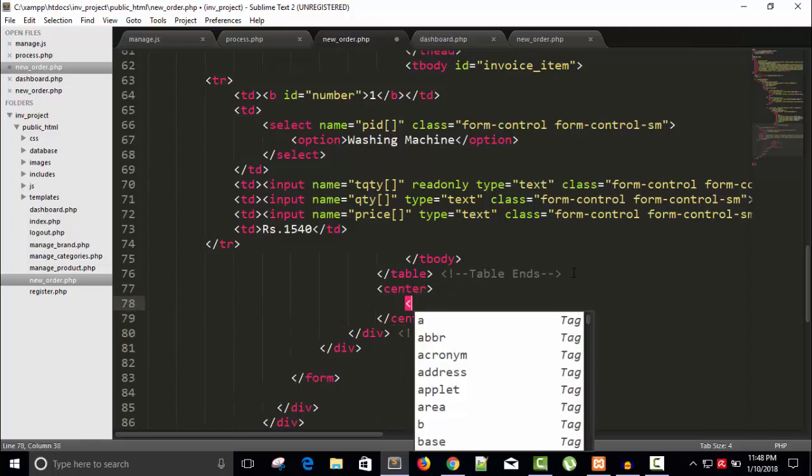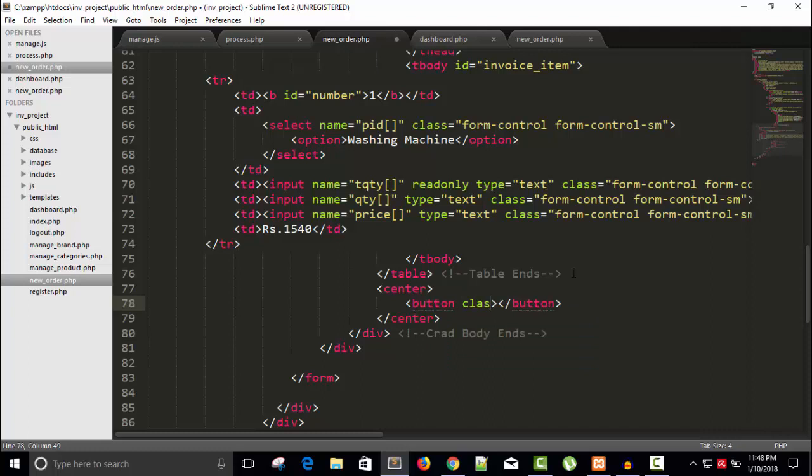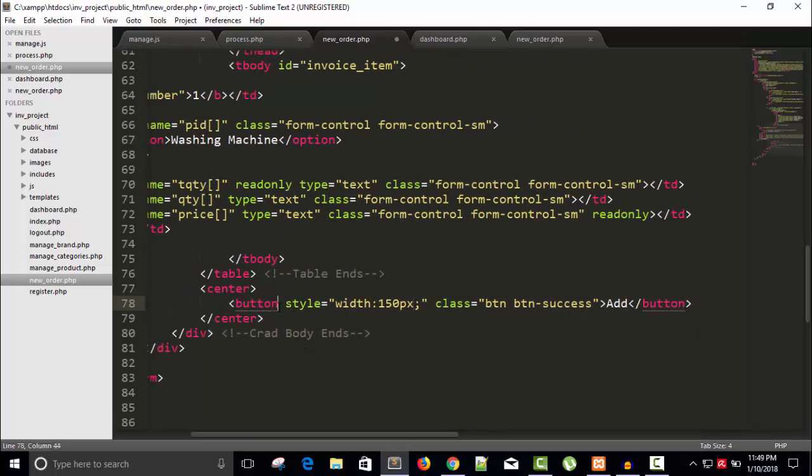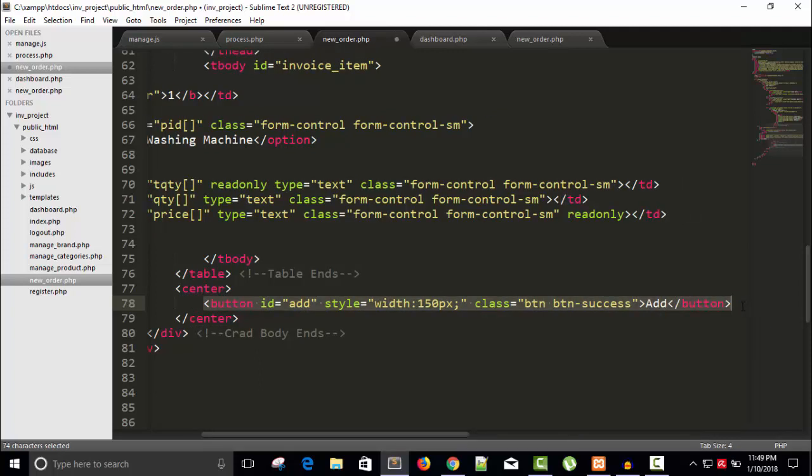and here I will put a button with class equals to btn btn-danger, that's nothing but, sorry, it should be success, btn-success, and write add here with a style of width 150 pixel. Okay, that's okay, and give it an id, right? Id equals to add. Copy this button code,